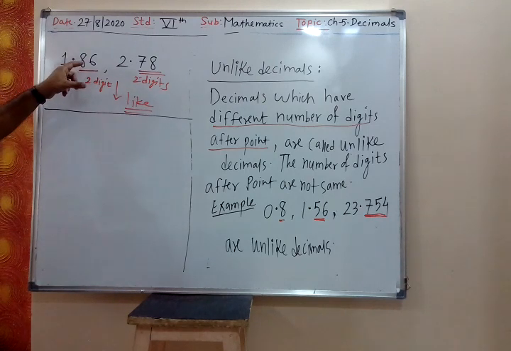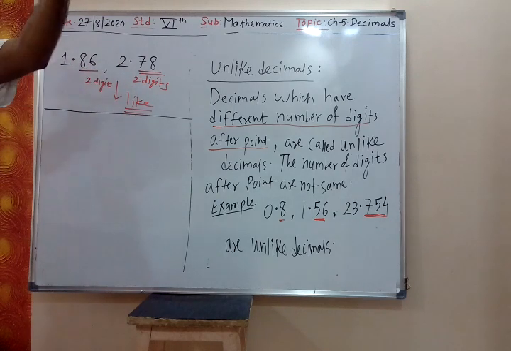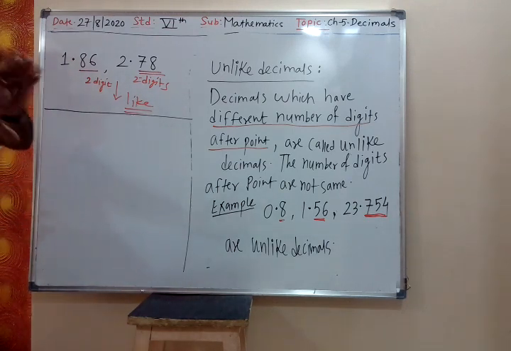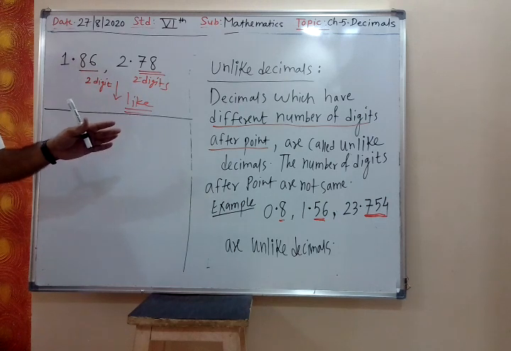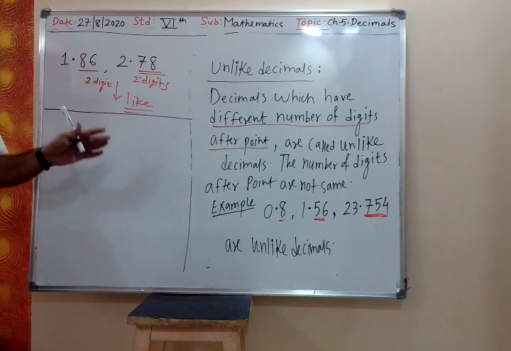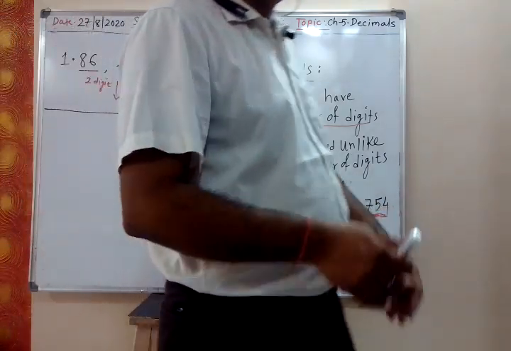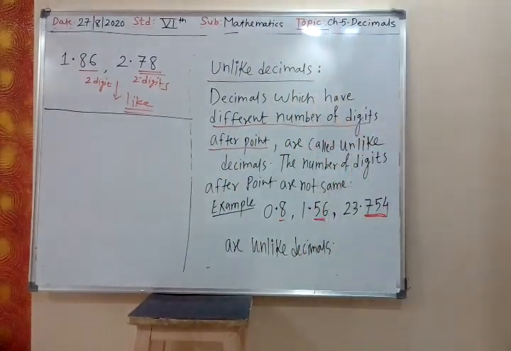Then these two will be like, and then the third one will be unlike. Even if it is a group, your answer will be that they are unlike. In a group, we say the answer is unlike, because for like decimals, we want all the decimals to be like decimals. If one of them is unlike, then the whole answer will be unlike.